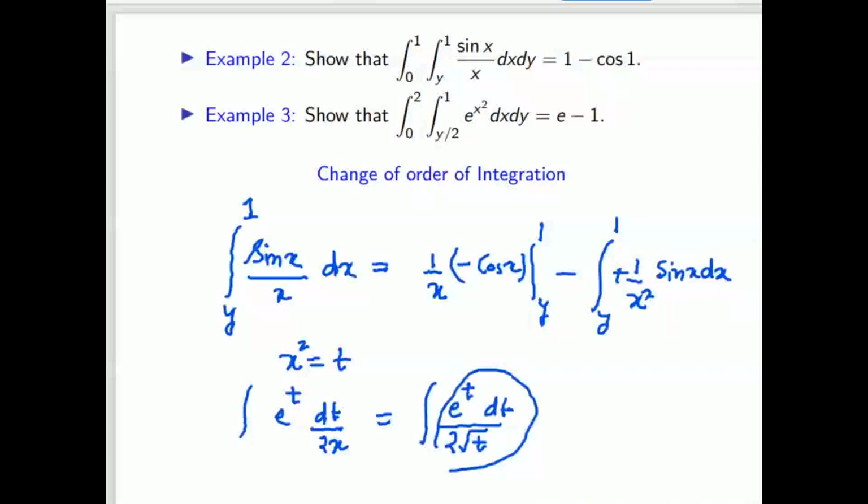See, if you say by parts, the first one also I did by parts, then what is the conclusion? Then again we got a new integral, sin x by x square. Then again what do we have to do? If we do by parts, will we reach the answer or not?